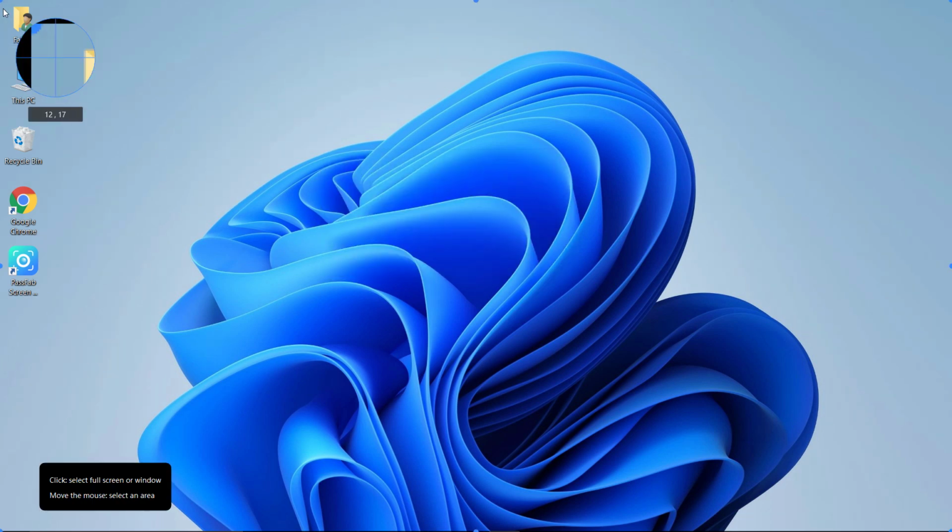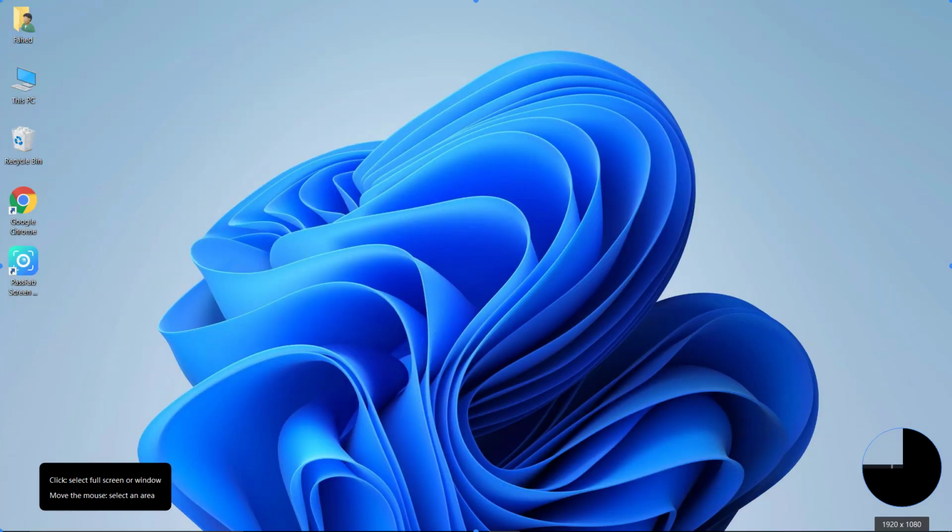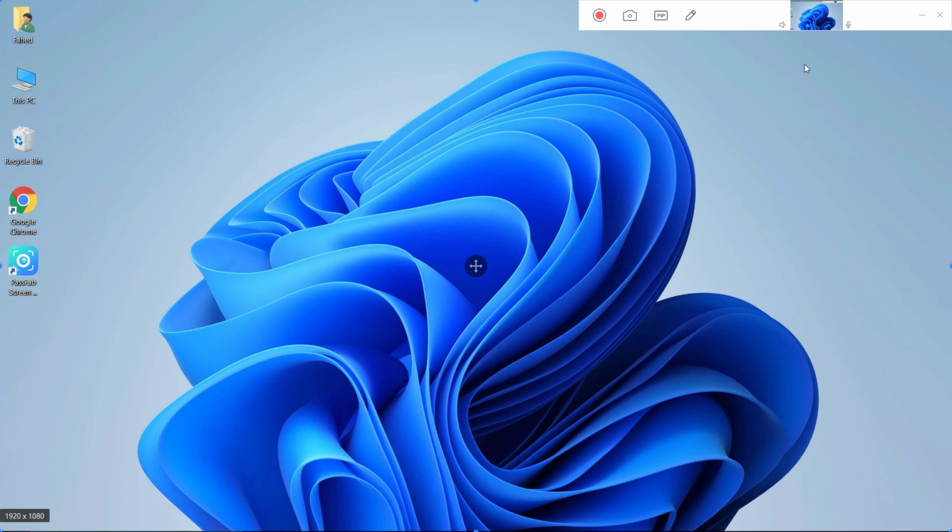Now you can single click to select the whole screen or long click to select a defined window. Click on the recording icon. The PassWeb Screen Recorder will start to record your screen. During the recording process, you can click the pause button to pause the recording. You can click the camera icon to quick screenshot. You can also click on the picture-in-picture icon to quickly switch to webcam recording or picture-in-picture recording.